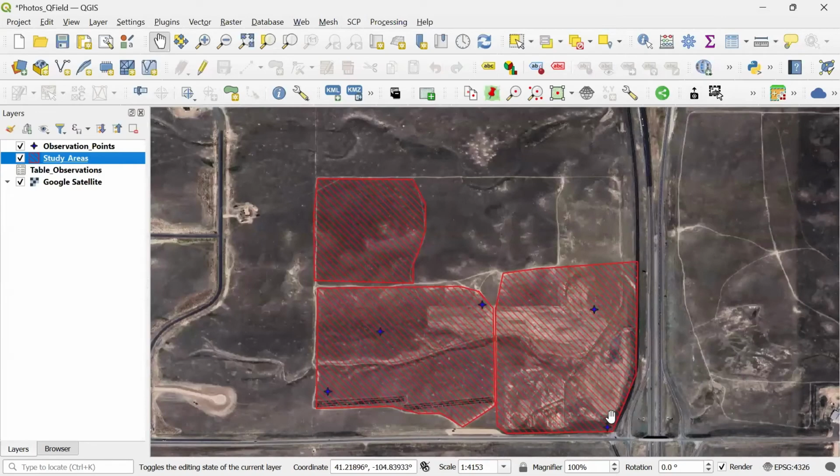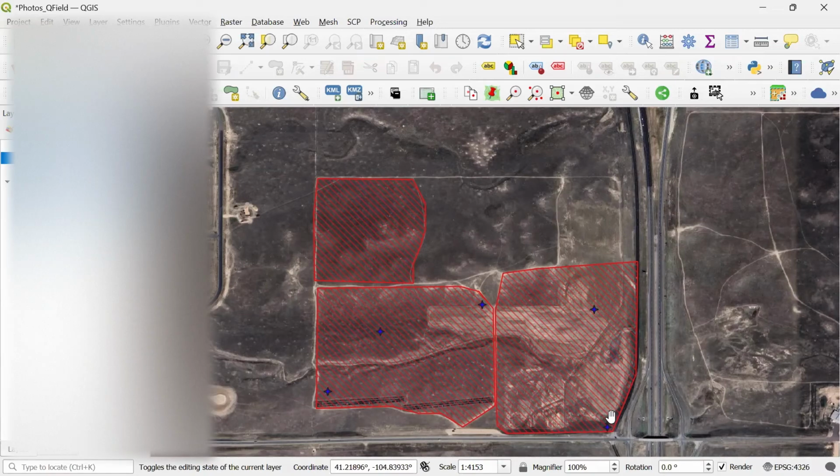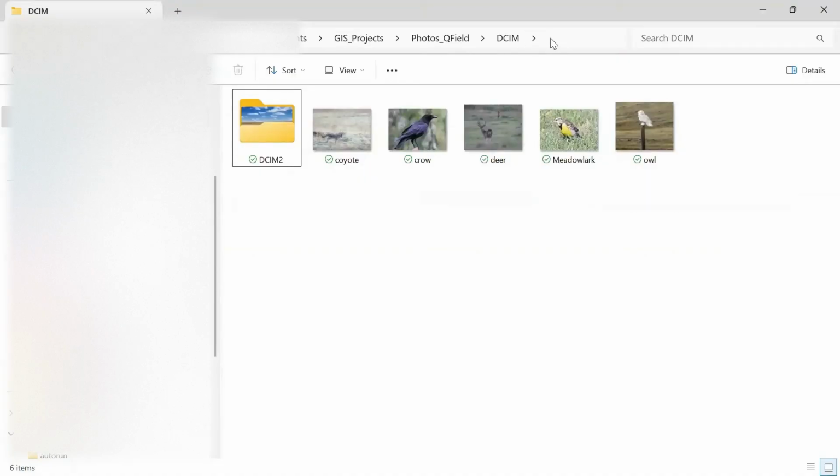So something very important: when you are using this project to upload it to QField Cloud and then use it in the QField app, and you are using images or photos, it's important that you have this folder DCIM. Because if you are in a completely new project, QField is going to create that folder automatically when you add a completely new photo in the QField app and then sync it back to QGIS. In this case, we're gonna have the folder created before we actually go to the field, because we already have this existing data. So I'm gonna go back to my local folder with the